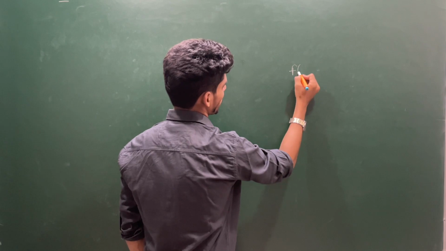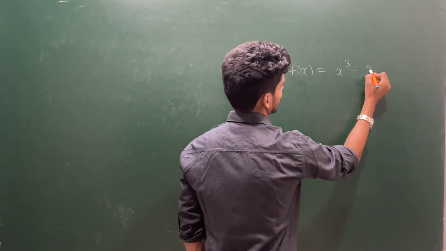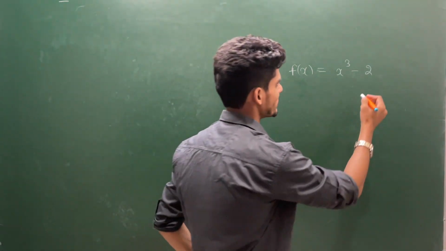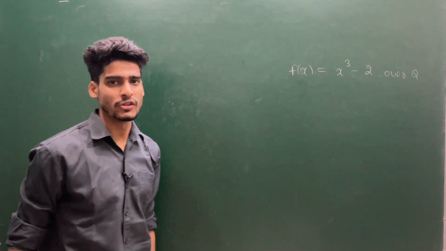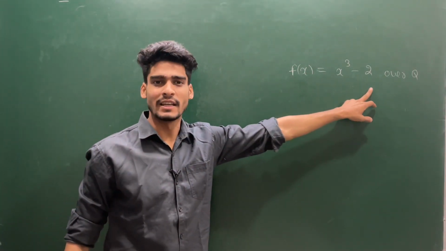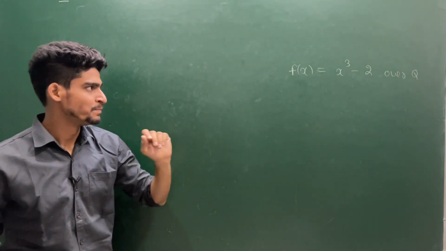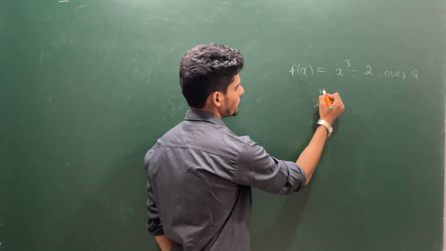Suppose I give you this polynomial f(x) = x^3 - 2. This is a 3-degree polynomial and over Q it is irreducible. You can use Eisenstein criteria, you can use root criteria, whichever you like. If you see, the roots are 2^(1/3)